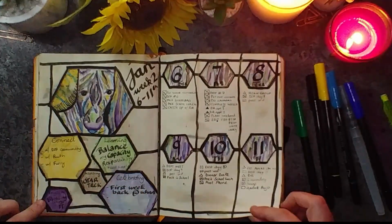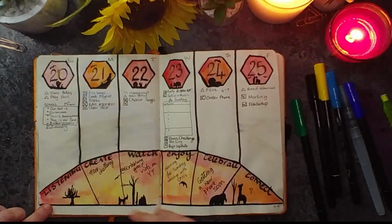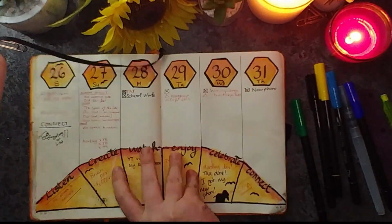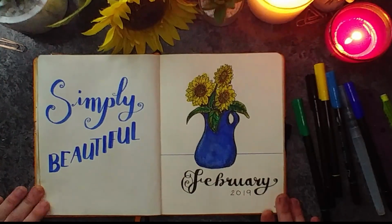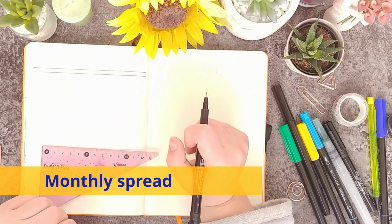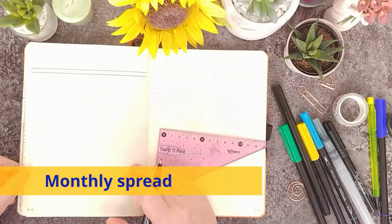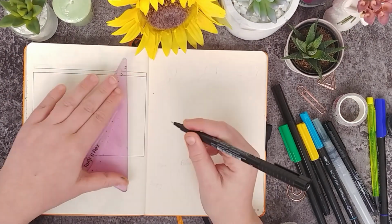My habit tracker and finished mood tracker, my sleep tracker, another weekly spread which I really liked. I think that's one of my favorite weeklies there with the hummingbird, a couple more weeklies, and a final January review, and we're back to my new theme. So you can see it's very different to what I did before. I like the variety, and now I'm going to be setting up my monthly spread,